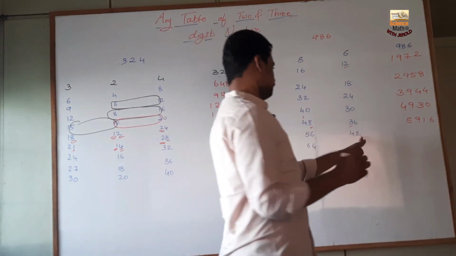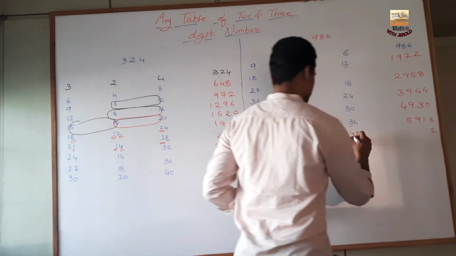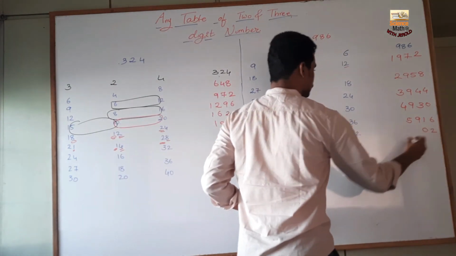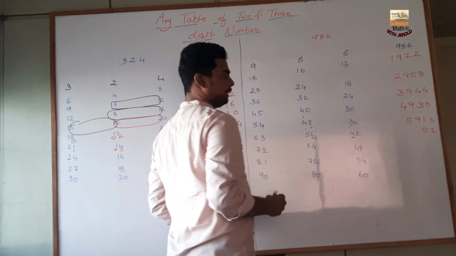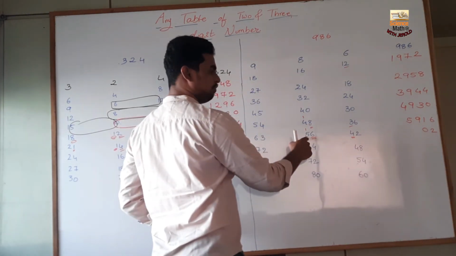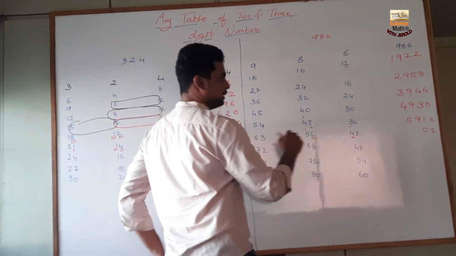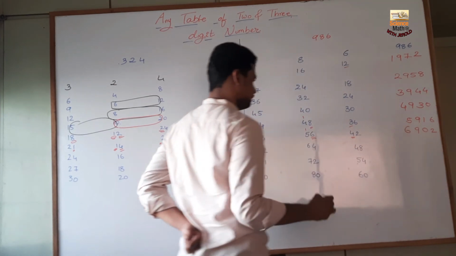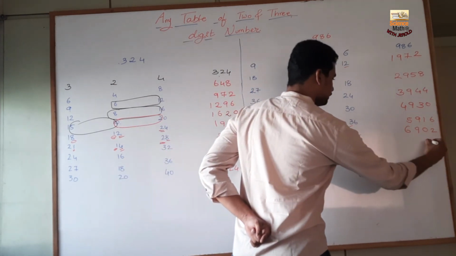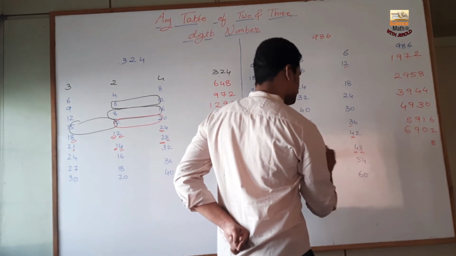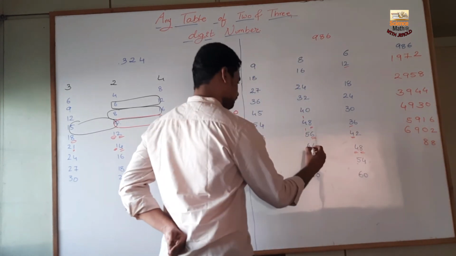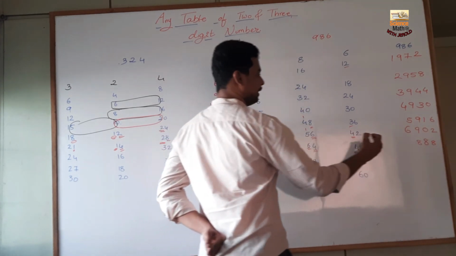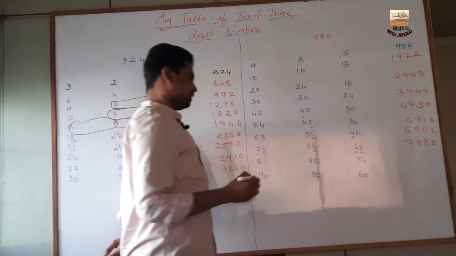Next I have 2 for the first number. 4 plus 6 will give me 10. So I write the number 0 and the 1 will get carried. Again 1 plus 4, 5 plus 1, 6 plus 3, 9, and finally the number 6. Going ahead, I have 8. 4 plus 4, 8. 6 plus 2, 8, and then the number 7. So that is my